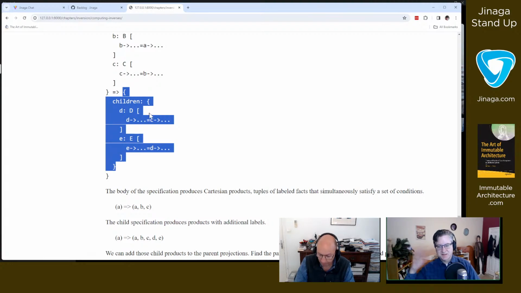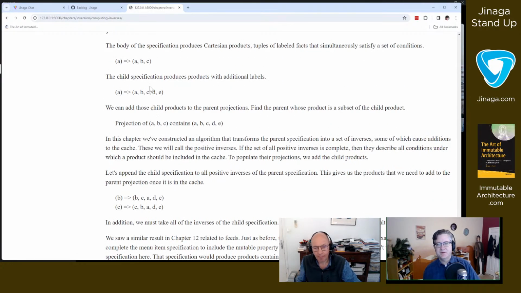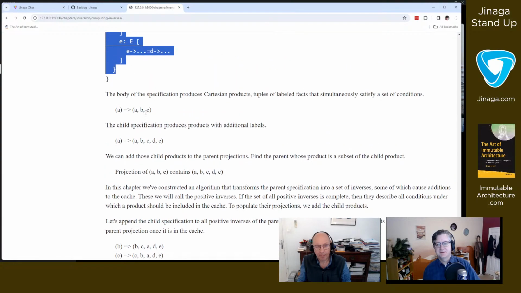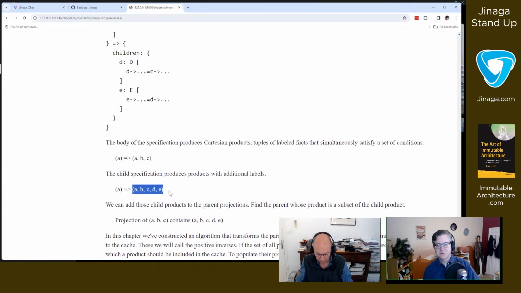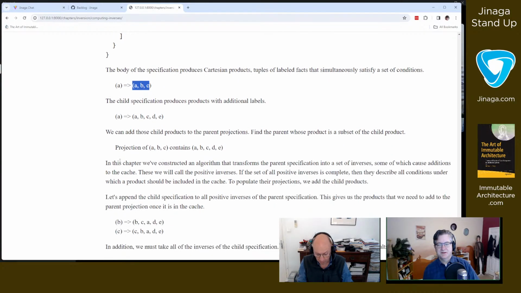Back to the generic example of what we mean by this. Your child specification just gives you additional labels, but it's got a subset in common with the parent specification. So that tells us that the projection of that parent contains this product for the child.